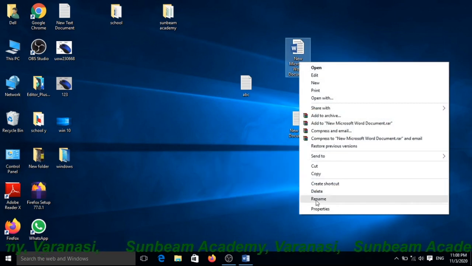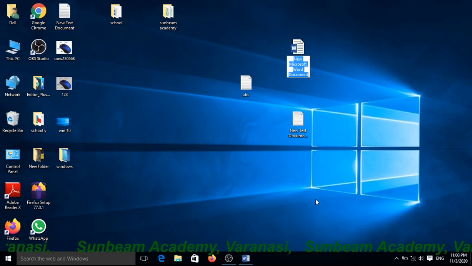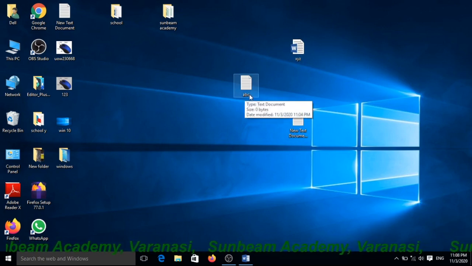Then choose rename, and I want to change this file name to XYZ. You can see here this file name is XYZ and this file is ABC. Very simple. You can create a file and you can rename a file.